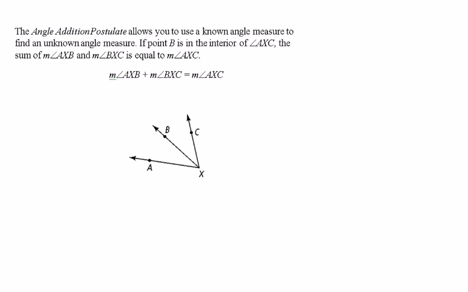So the angle addition postulate says if you have an angle, in this case, we're using AXC as the example, and then you have point B somewhere on the interior of that angle, and then you can form another ray XB, which forms another two angles. And so you have angle AXB as well as angle